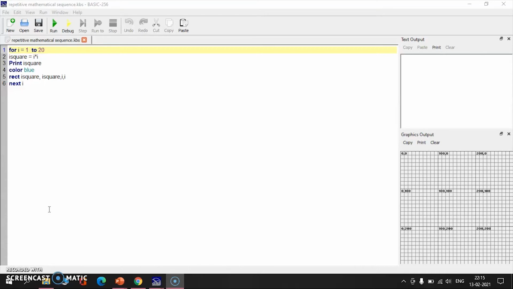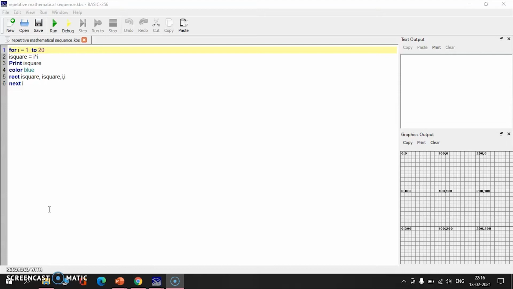So here also we are going to calculate the I square value of I, starting from 1 and ending at 20. The sequence is a repeated process; it starts with the value of 1 and ends with the value of 20.